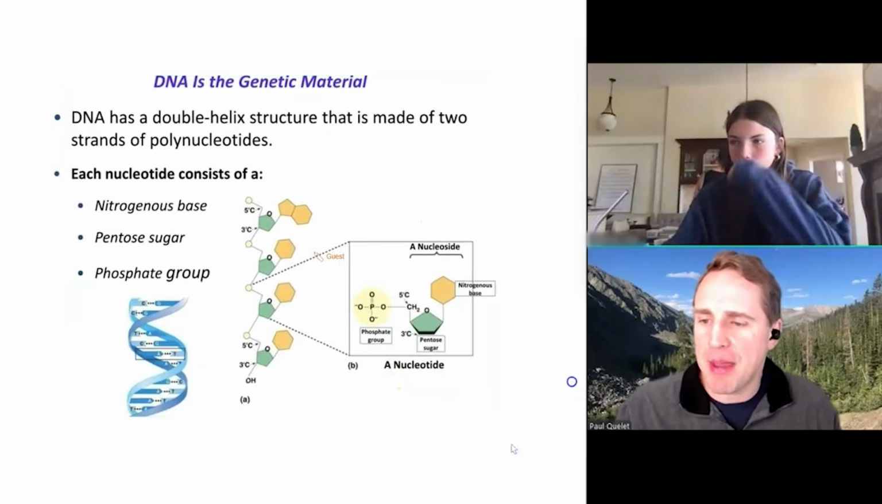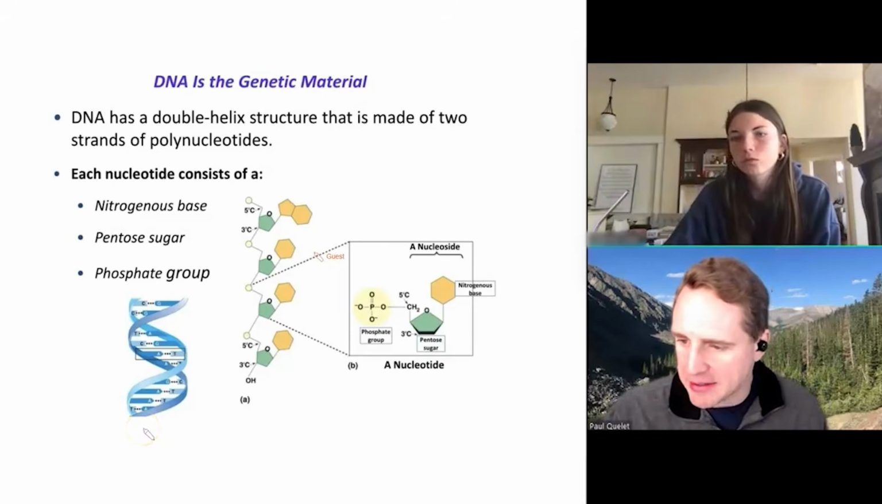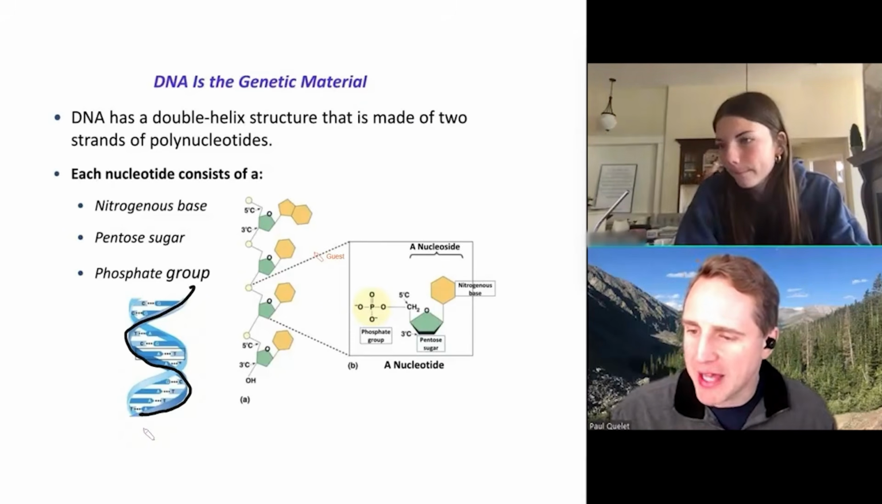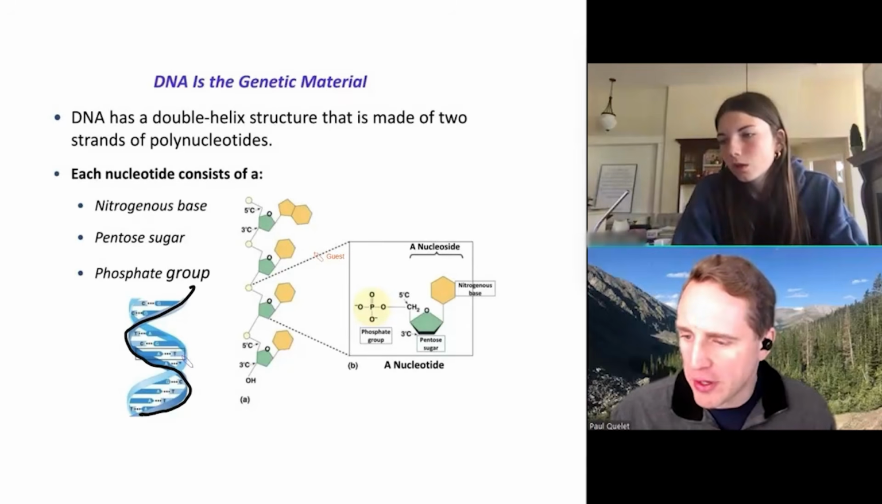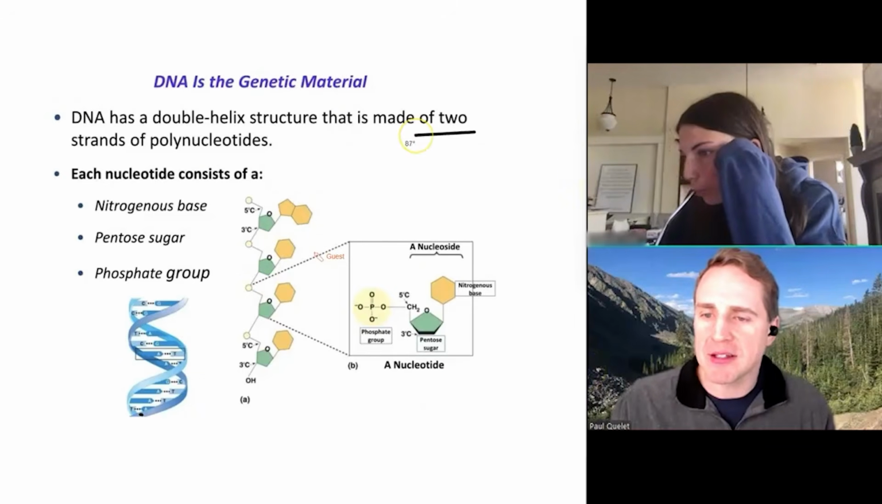So here's the basic idea of DNA. We can see it looks like this. It's got this double helix structure. So that's one side of the DNA, and then over here is the other side of the DNA. And it turns out it's made up of two strands of